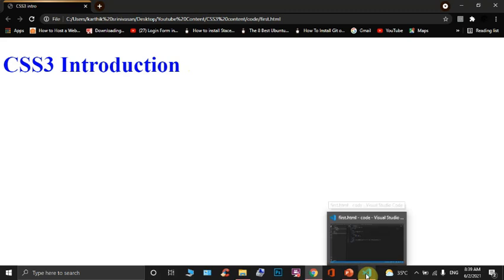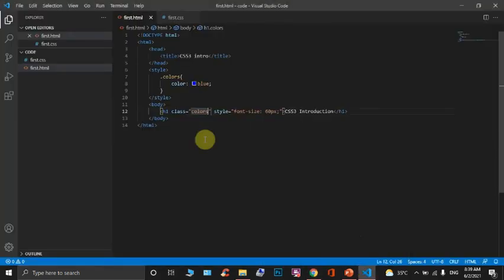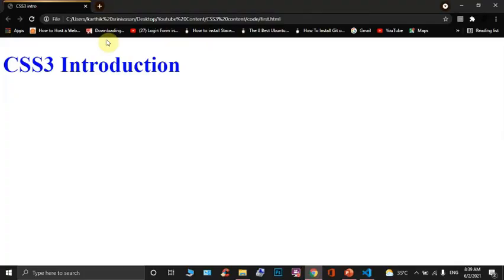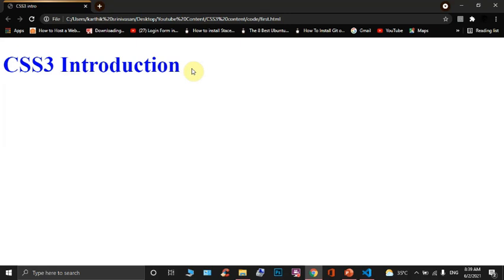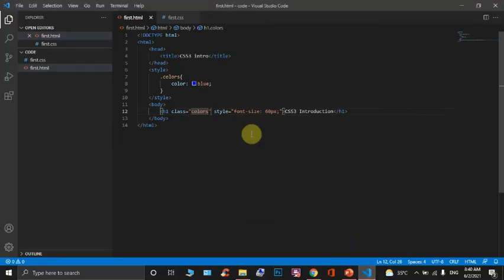Now we should keep the element in the center. Now let us see the external CSS.